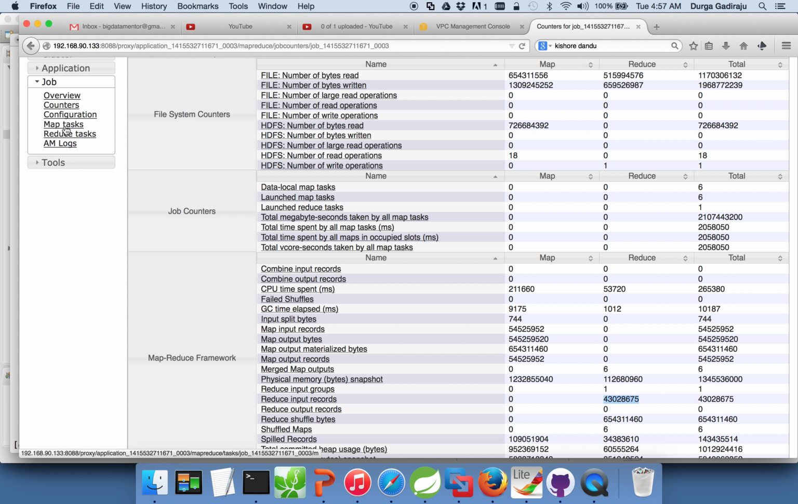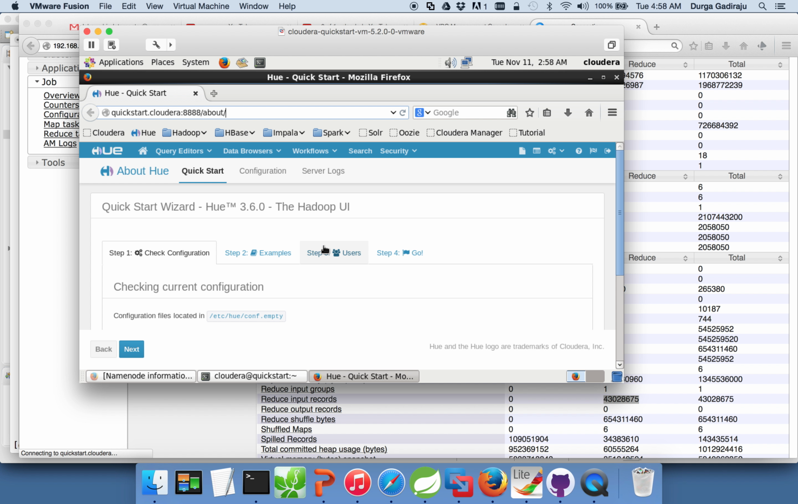Similar things you can achieve by clicking on the map tasks. It is a little bit slow. So you can run your program, and I will recommend you to go to your Cloudera VM and paste this URL which we have seen. I think even in that it might take time,